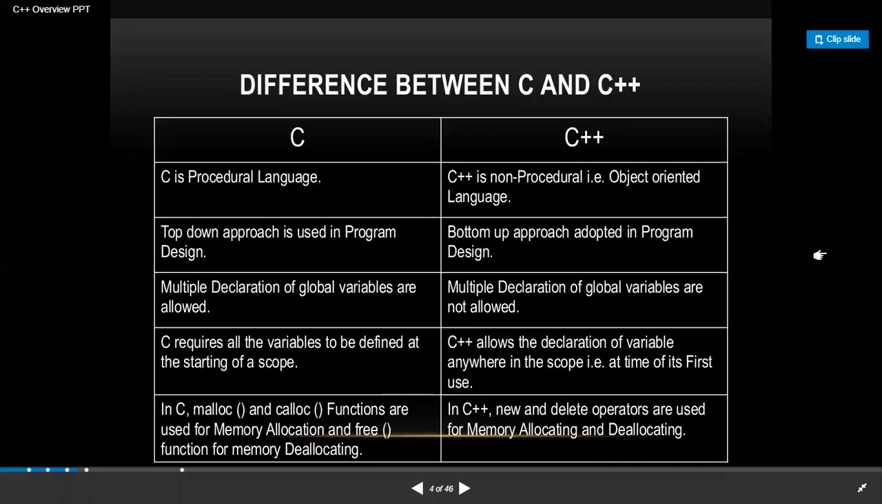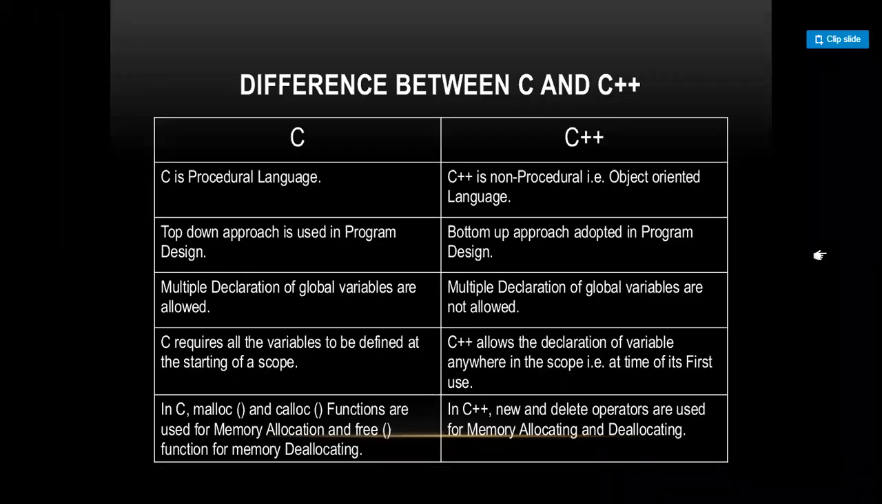So C is a procedural language, while C++ is a non-procedural, and it is an object-oriented language. And C top-down approach is used in program design, while C++ uses a bottom-up approach adopted in the program design. And C language has a multiple declaration of global variables allowed, while in C++ multiple declaration of global variables